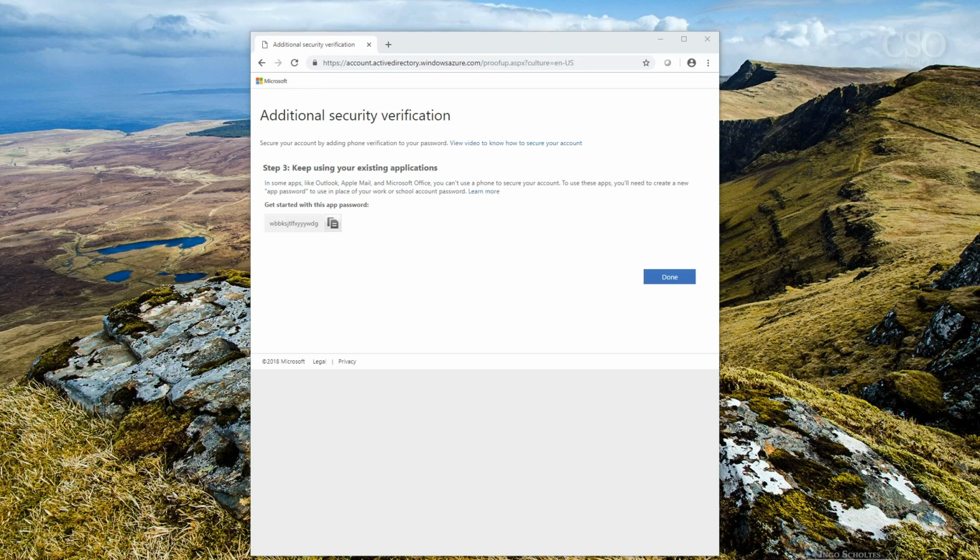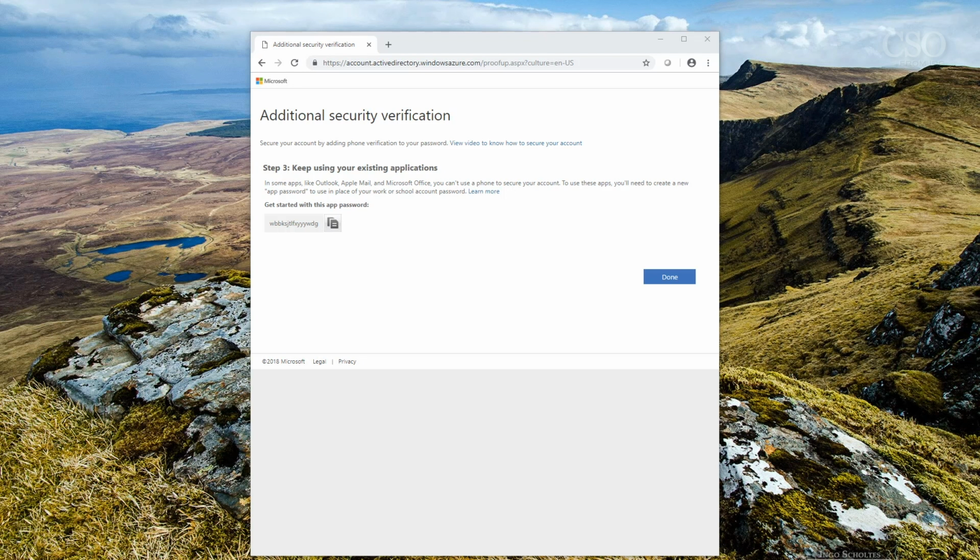An application password is needed when you have an older application, such as Outlook 2013 or something older than that, or Apple Mail, or Office 360, or Xbox. Any of those older applications may need what's called an app password. What you do is you copy this app password into the application.